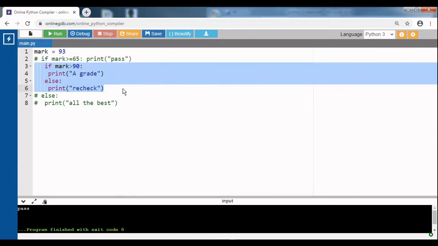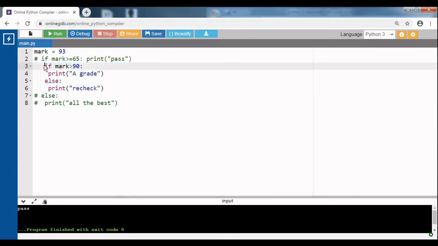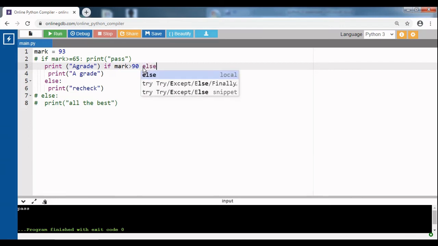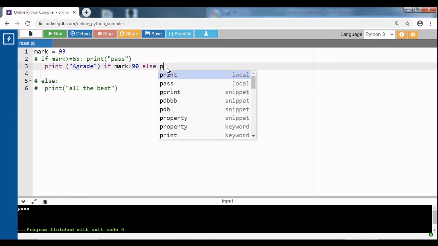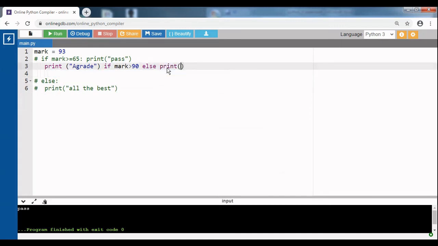Let's uncomment this. If mark is greater than 90, here I have to give print A grade. Next, else, print recheck.